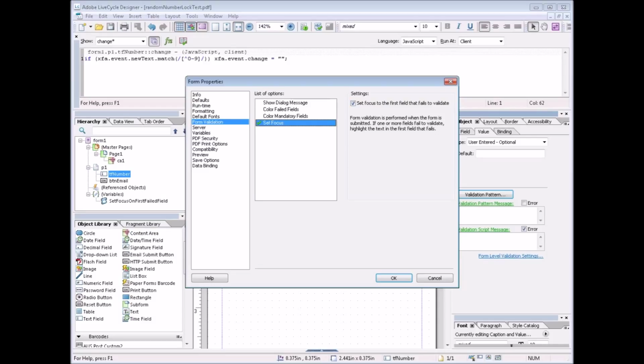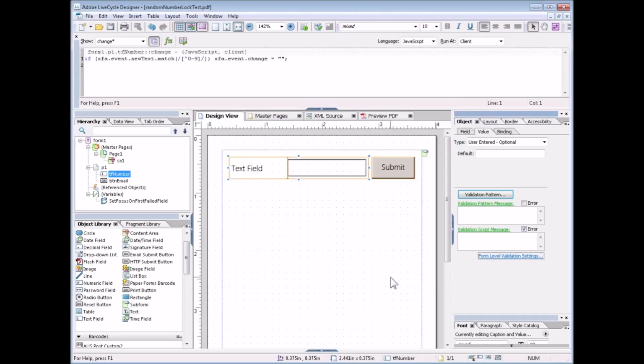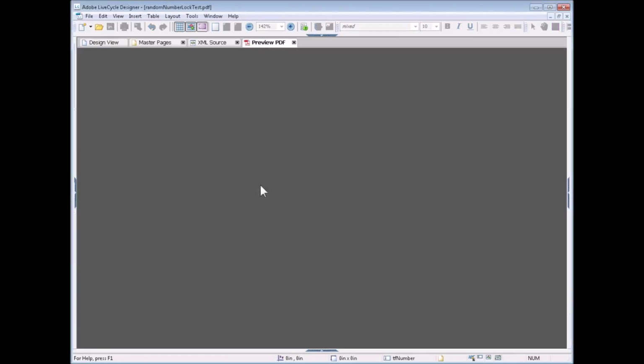But whenever a field fails its validation, the form will recognize that and come back to the first one that it finds. Even if it finds 20 of them, it just goes to the first one. Now, the problem with this is that this doesn't occur until the user tries to submit the form. Just as an example,